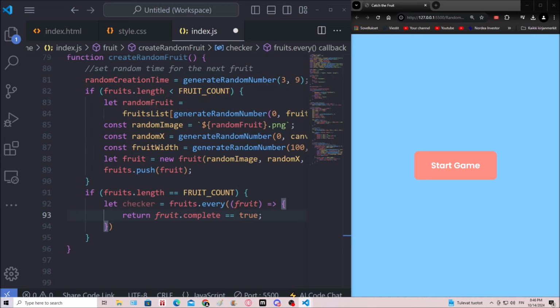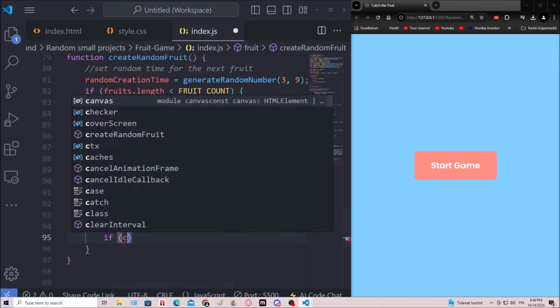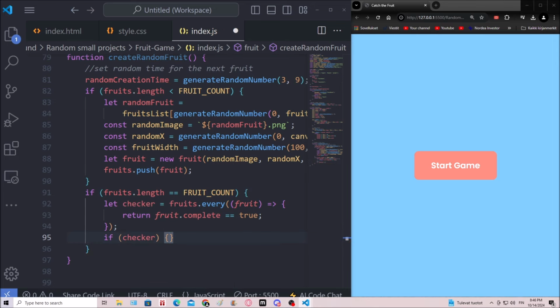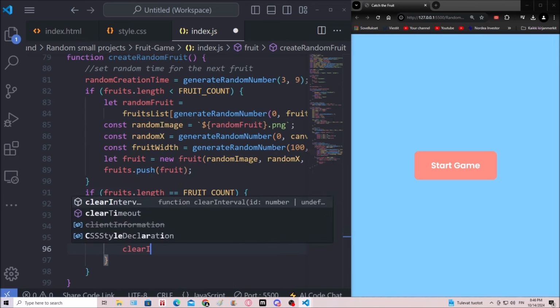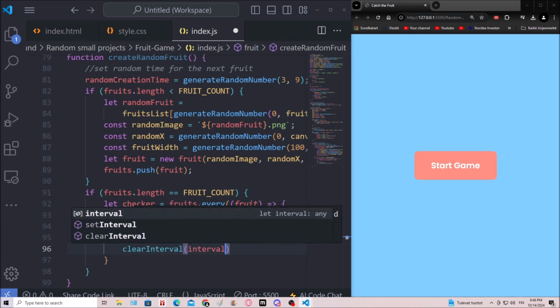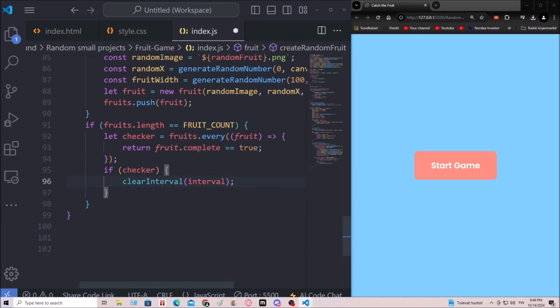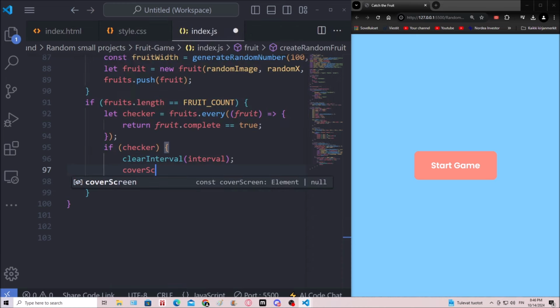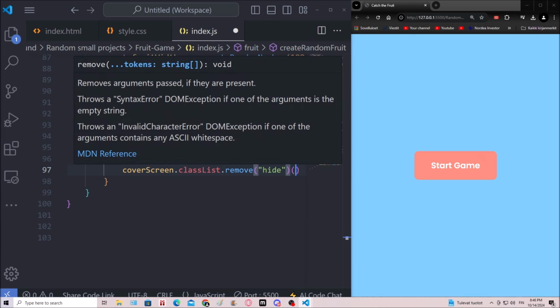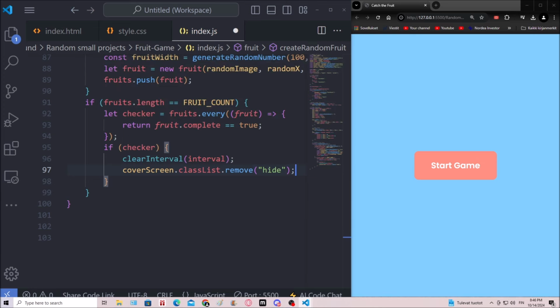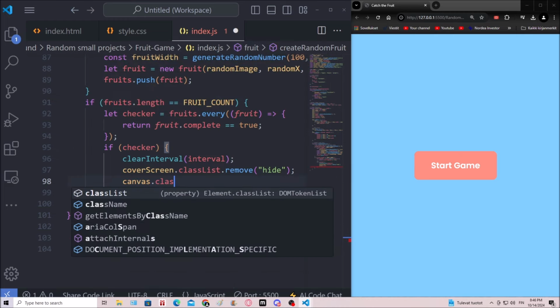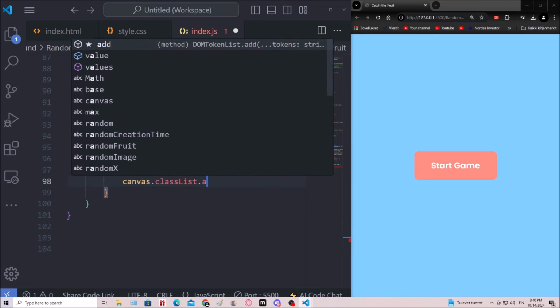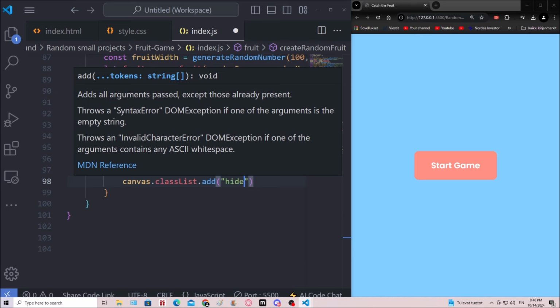So complete is set to true. There we go. Then if checker, we're gonna clearInterval,